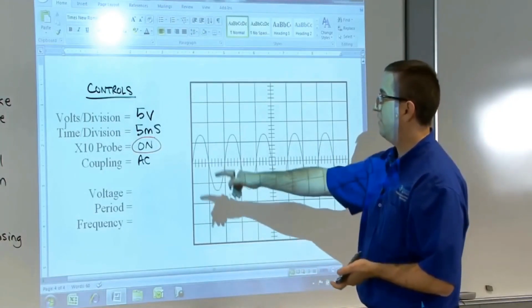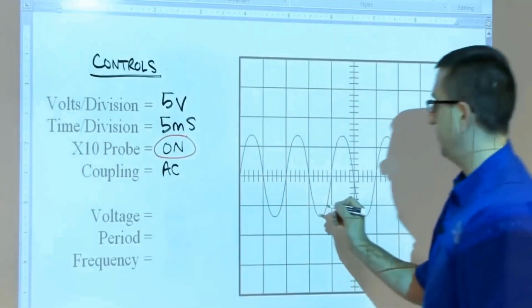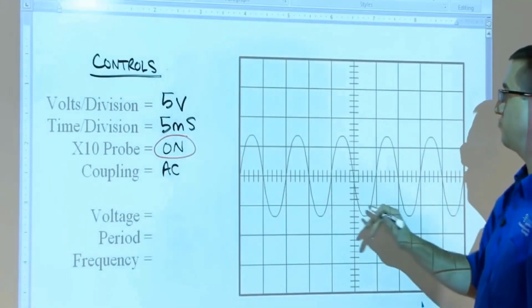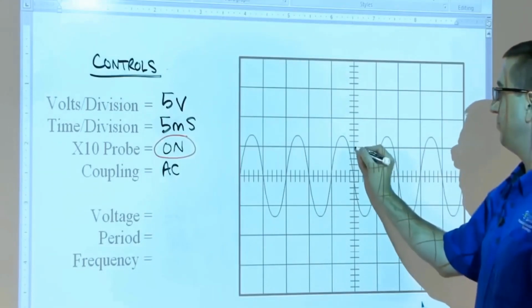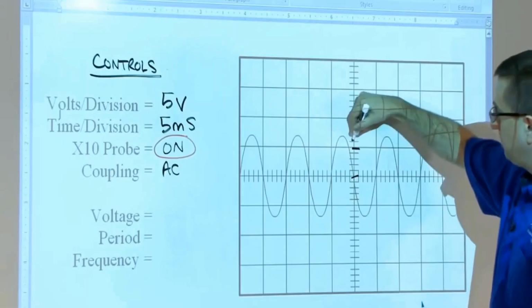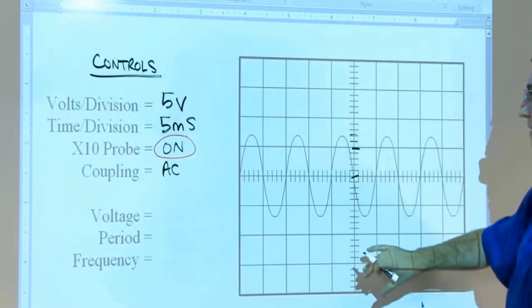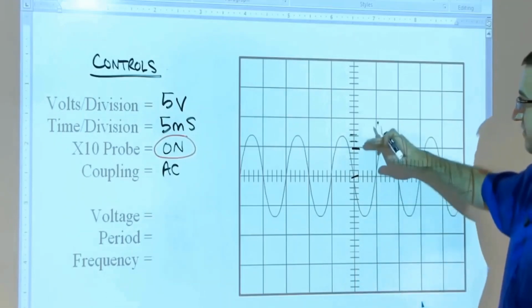So in this case, we want to calculate voltage. So it's 5 volts per division. Well, first we've got to figure out the divisions. Let's figure out the divisions. This one's a little bit trickier. I can see I have one full division up from my 0, and then I have a couple pieces, 0.2 and 0.4. So I could take 1.4, multiply it by 2, or you could even on the scope